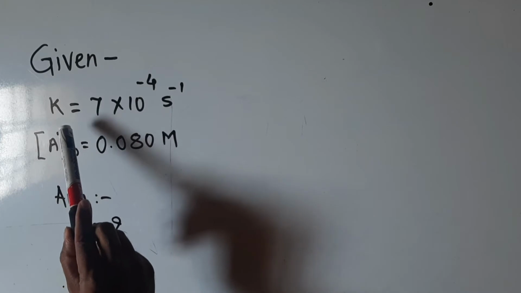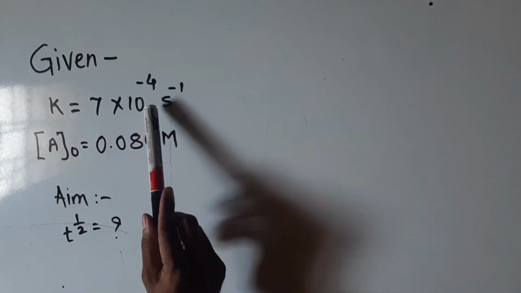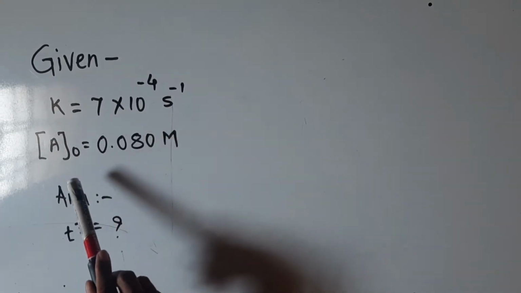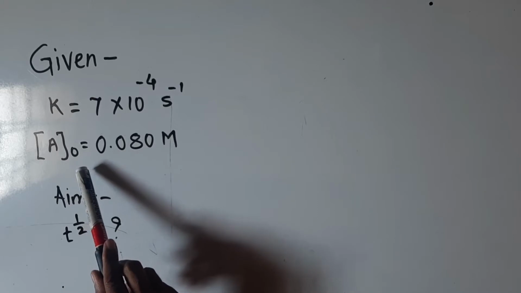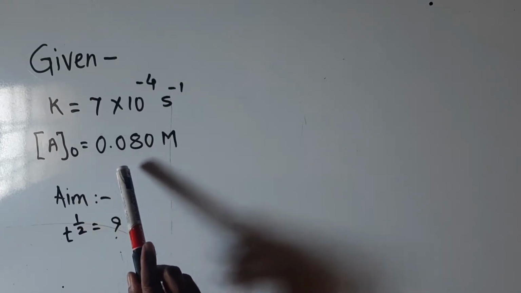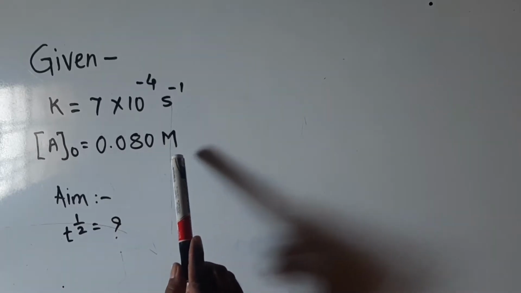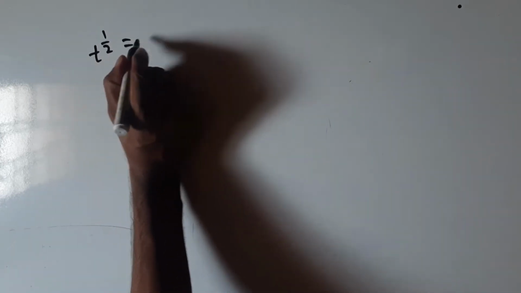So given K, rate constant, is equal to 7 into 10 to the power minus 4 second inverse. Concentration of reactant at time t equal to 0, that is initial concentration of reactant, is given, that is equal to 0.080 molar, and we have to find out T half is equal to question mark. Now, for a first order reaction, T half is equal to